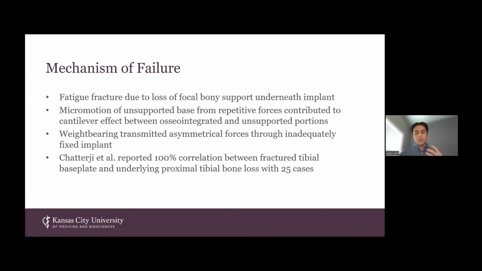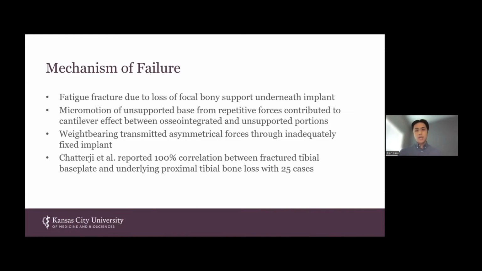Now, ultimately, we attributed the mechanism of failure to be a fatigue fracture due to loss of focal bony support underneath that specific portion of the implant. So what had happened with the medial portion of that tibial component, that non-ingrown side where no bone was seated into that porous structure, that had interacted with the portions of the component that had seated in, that had osteo-integrated